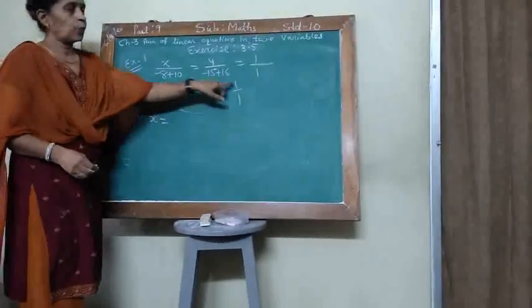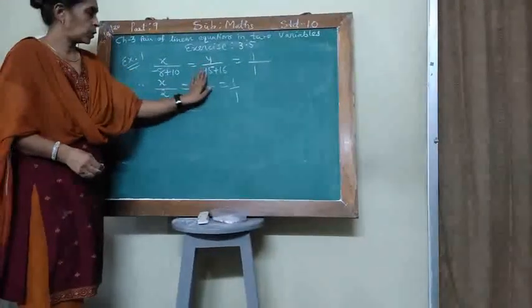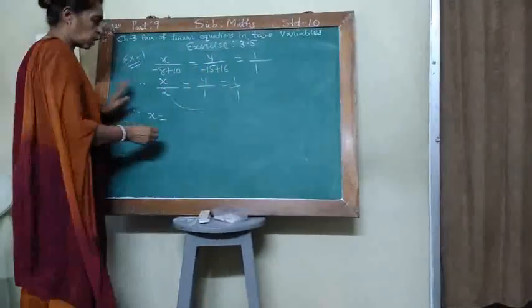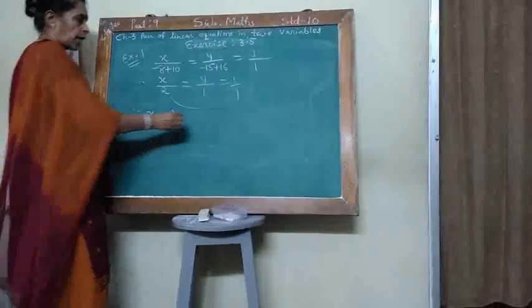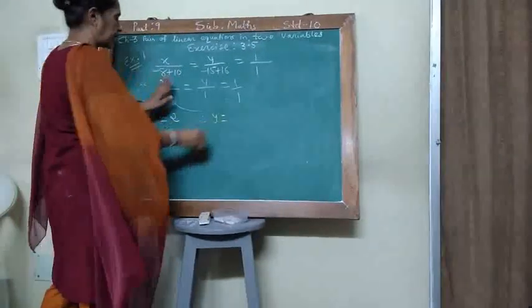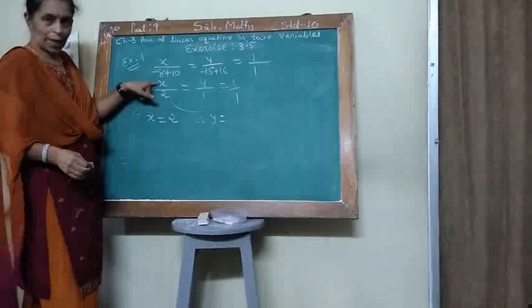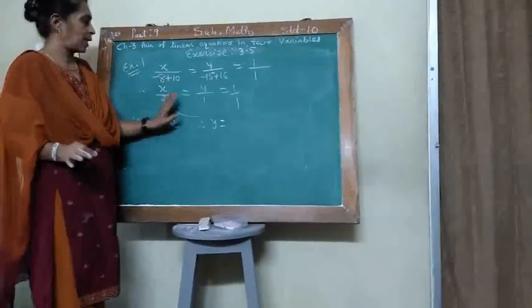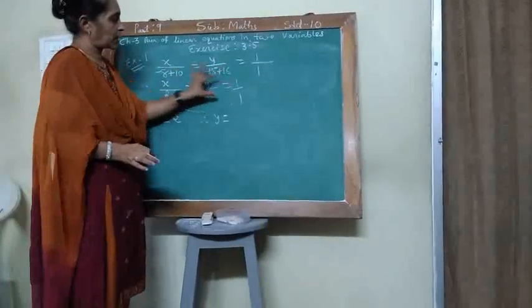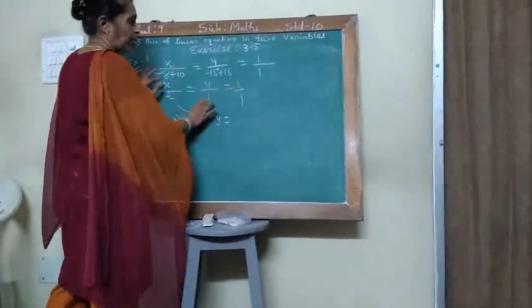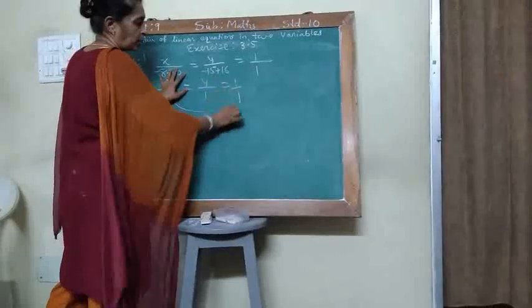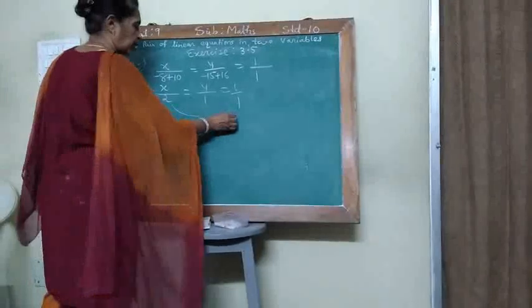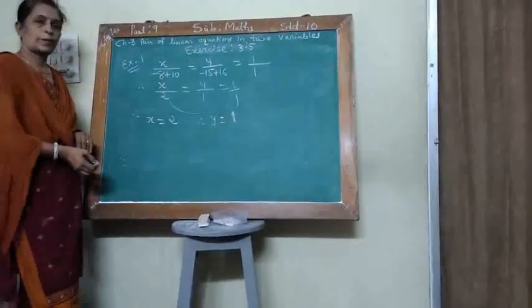X equal to 2 into 1, 2 into 1 cross multiplication. 2 into 1 is 2. 2 upon 1, that is 2. And therefore y is equal to again, and see here, if you put 2, x equal to 2 upon 2, 1. You get 1 or not? So your answer is right. Now to make this ratio equal to 1, what is the value of y? Y equal to 1 into 1, 1 upon 1. I don't write denominator as 1. It is what it is. So y equal to 1.